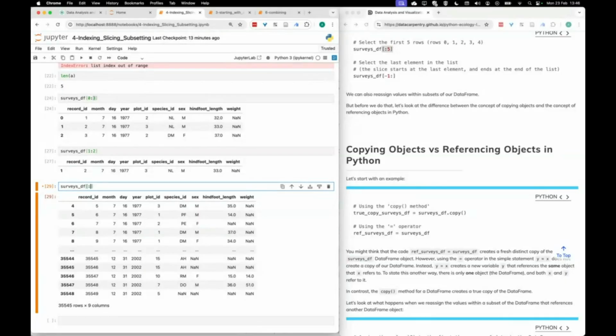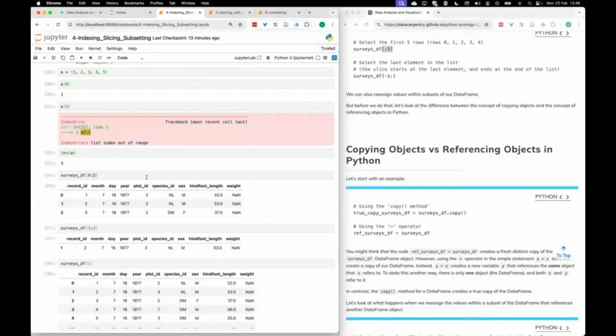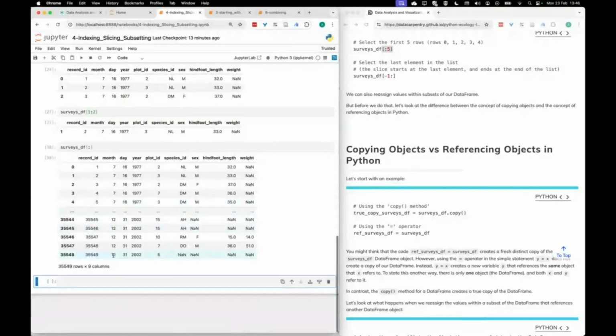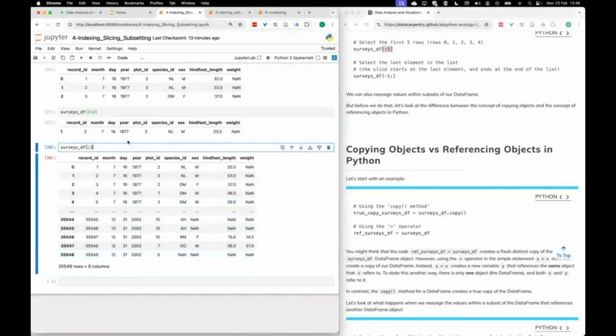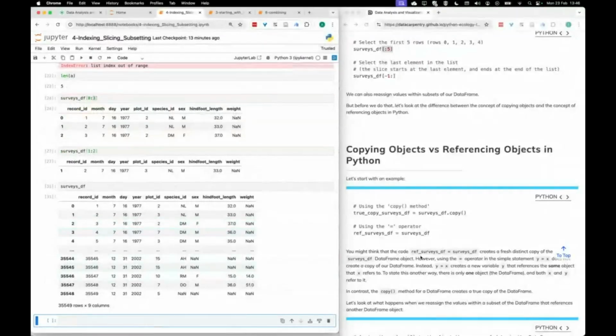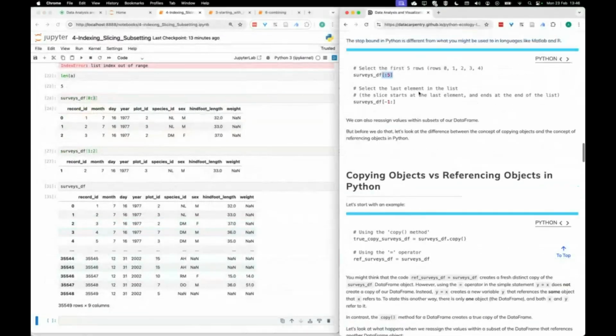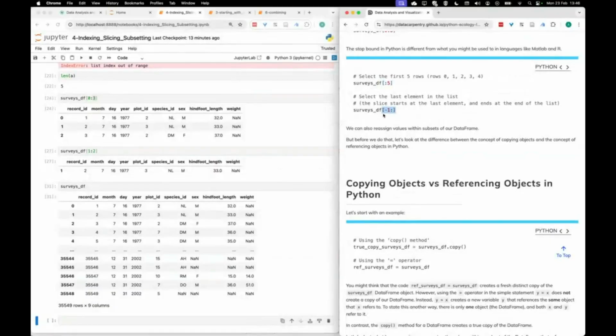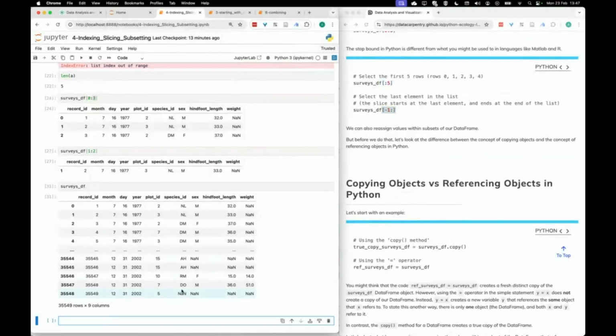And if you don't specify either start or stop, it's just everything. It's just the entire thing, the same as the original data frame. And there's a final thing here, which is this -1, which is just a convenient syntax for saying